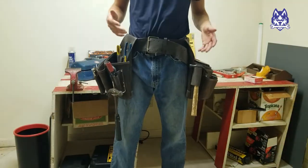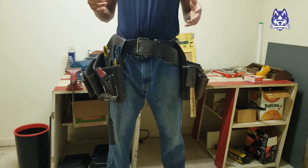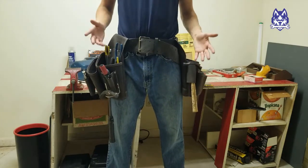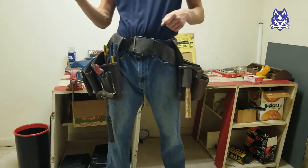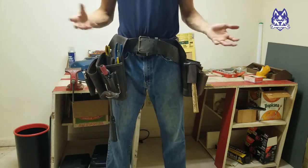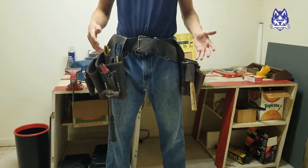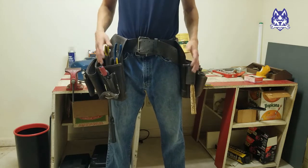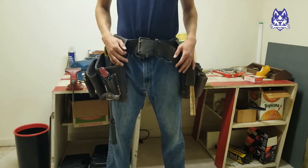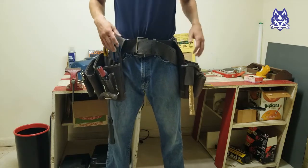A good tool belt is critical to a carpenter, professional, homeowner, or anyone who's trying to get some real work done. Yeah, you'll probably be okay if you're just doing a little bit of changing a light fixture, changing a little screw here and there. You can carry those tools, you can put it on the ground, you can bend over, whatever. But if you're putting some hours in every day, a tool belt is nearly a non-negotiable, or a pouch or whatever it is. So hopefully these tips were useful to you in terms of the durability, materials a little bit,